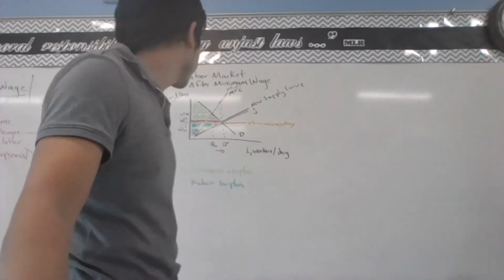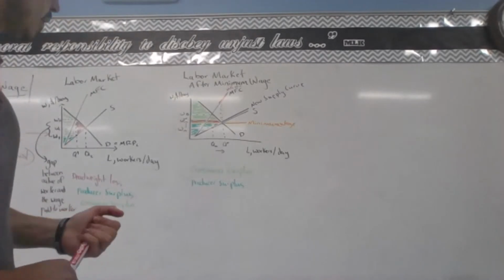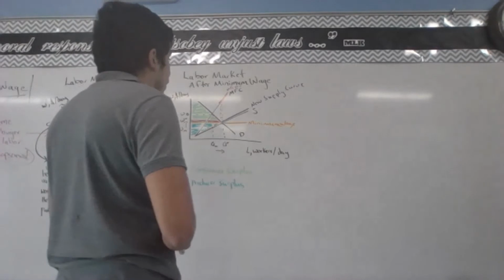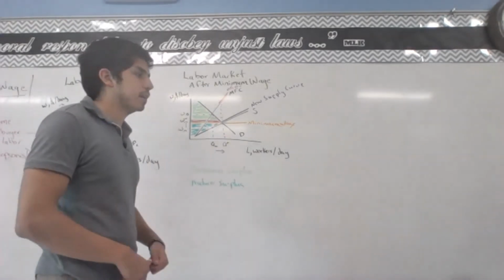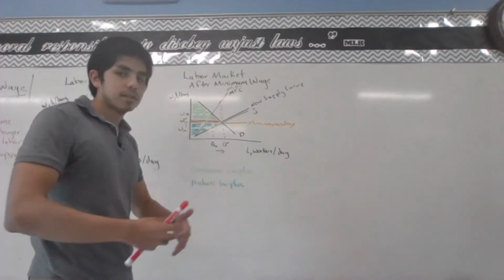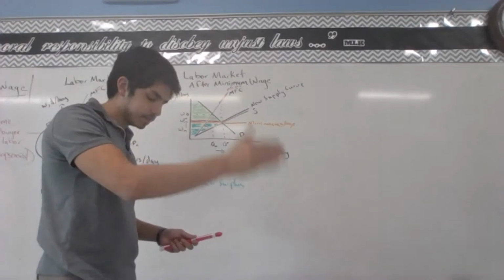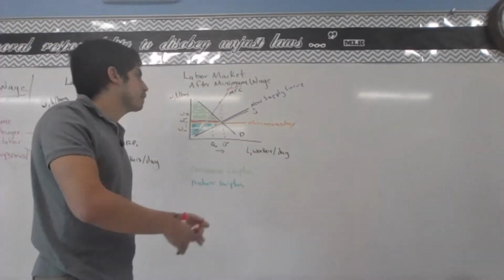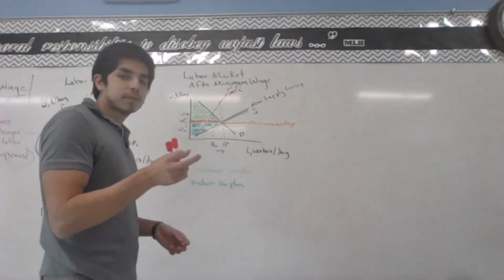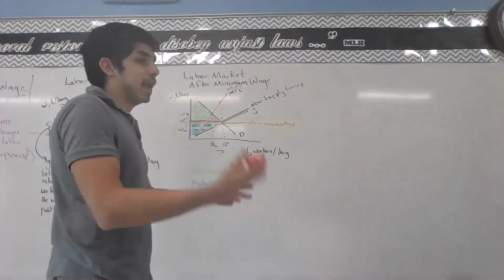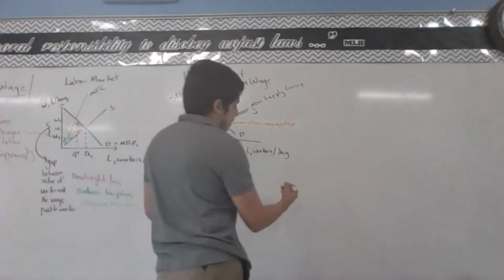Okay, hold on, there's one more thing I want to say. One more complication that we could bring to this model is, remember we said that the supply curve for labor in input markets is upward sloping to some extent because of the substitution effect, right? At some point, the opportunity costs associated with leisure become prohibitively high, and more people enter the market. But we can also picture the income effect working not in tandem with the substitution effect, but against it in some sense,